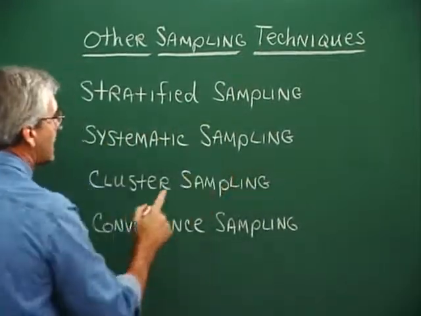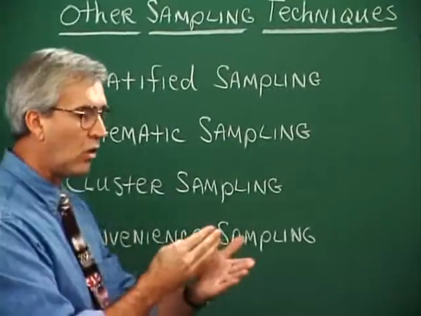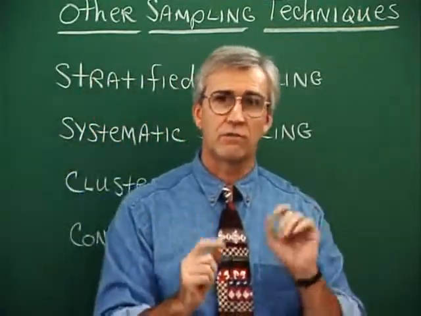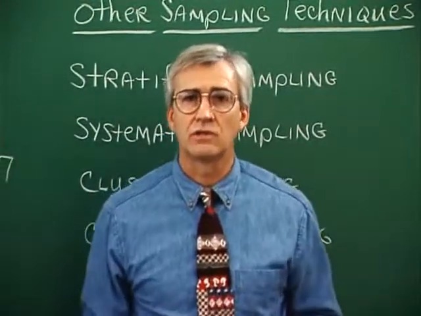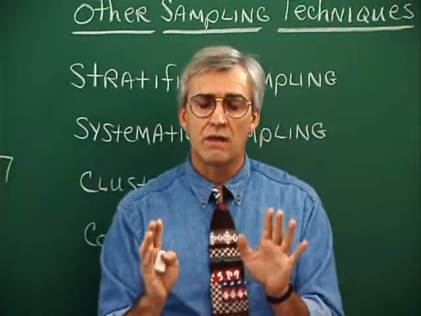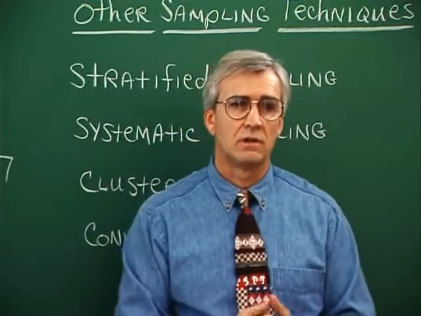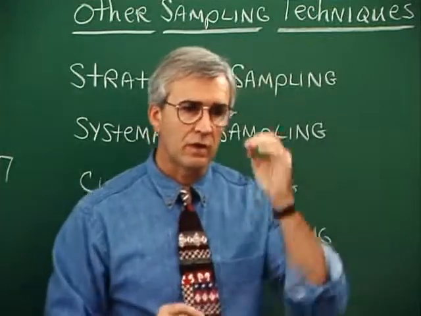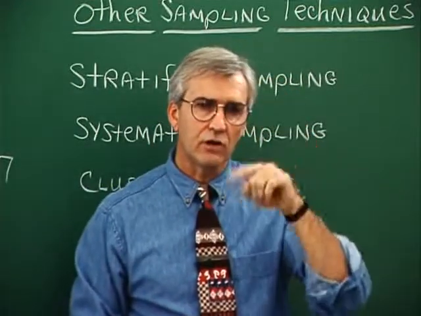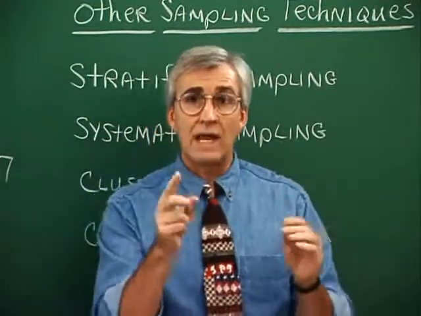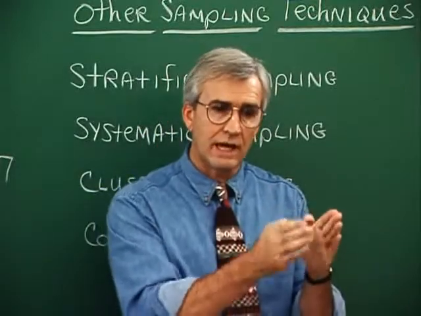Systematic sampling works rather nicely if you have an order relationship in the population being sampled. For example, if people are in line for some event, outside of a ticket window, for example, or waiting to get into a concert, something like that. So everybody is kind of in order to begin with, and we want a sample of, I don't know, 50 folks or something like that. Then what we might do is we'll say, okay, let's start at the beginning of the line and take every fifth person. So we could start with the first person or second, third, or fourth.